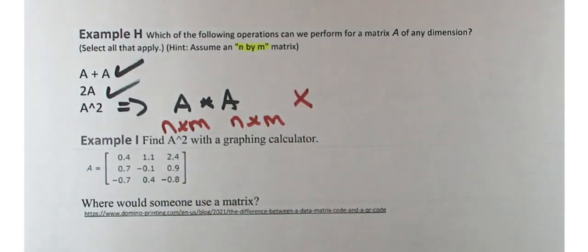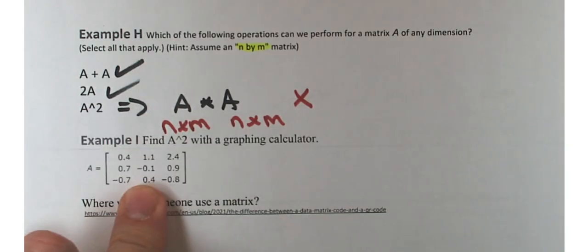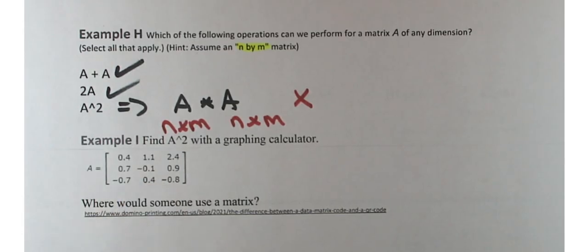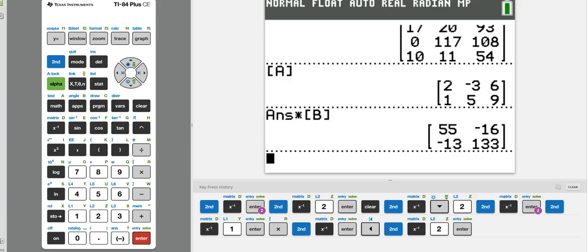You can't. I heard somebody say you can't, and you're right. The only time you can square a matrix is if the dimensions are actually square. So let me show you how to square this one on your calculator, because this is not an operation that I want to do by hand, nor would I ask you to do something like this by hand. So let's put that one in,